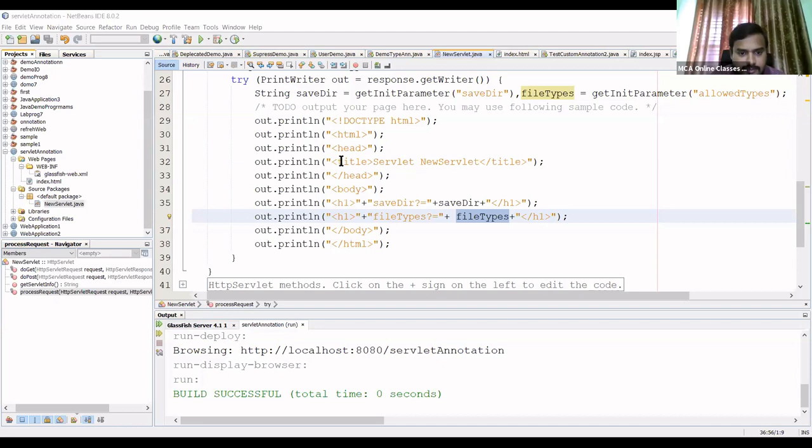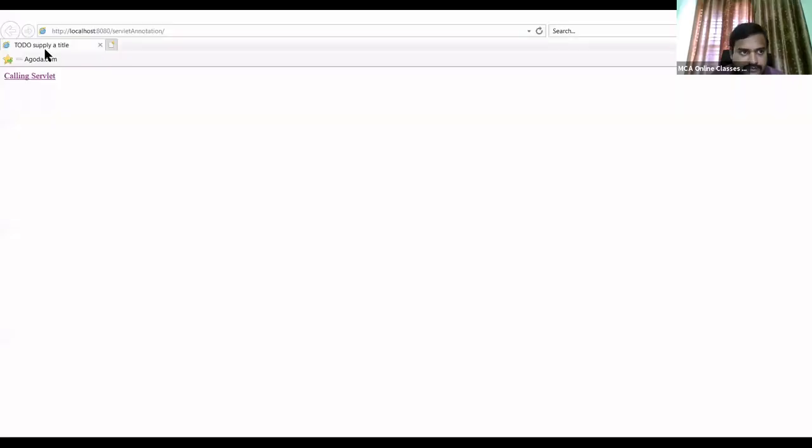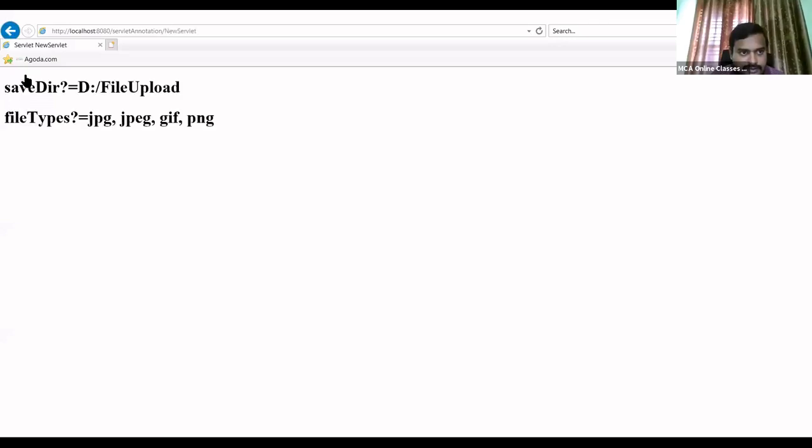One minute. See, when I run this particular program and click this link, what happens? You see here, the name is saveDir. The directory name is just like the path, right? And fileTypes. These are the values: JPG, JPEG, GIF. Name and value. This is a name and this is a value.